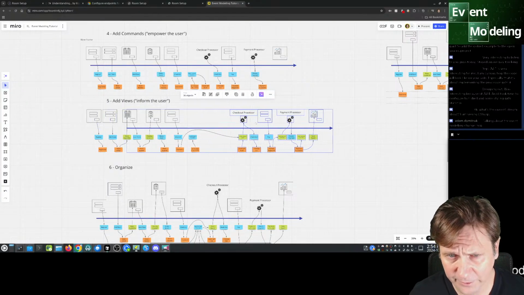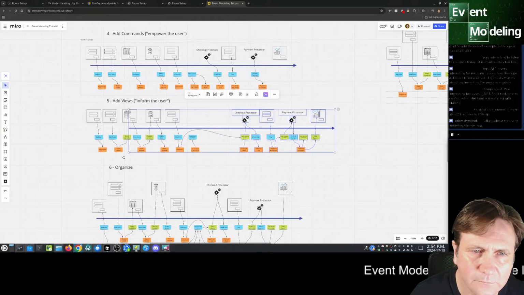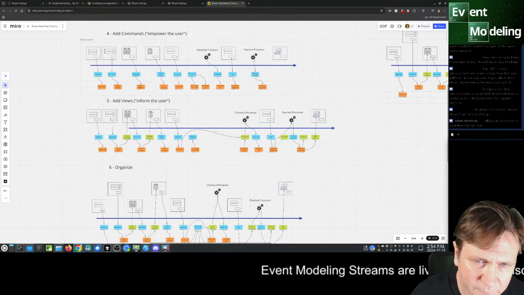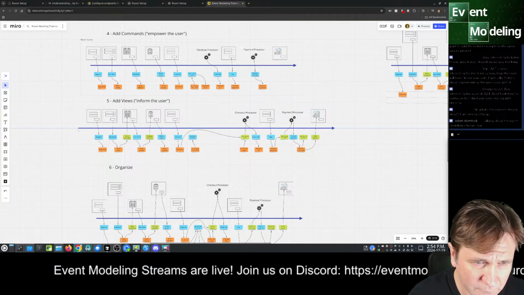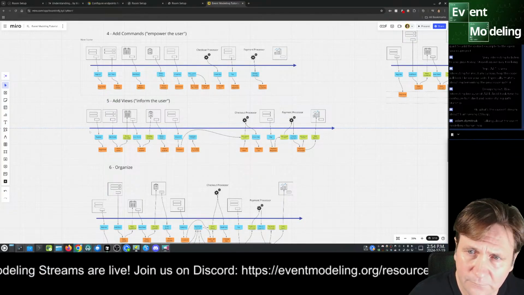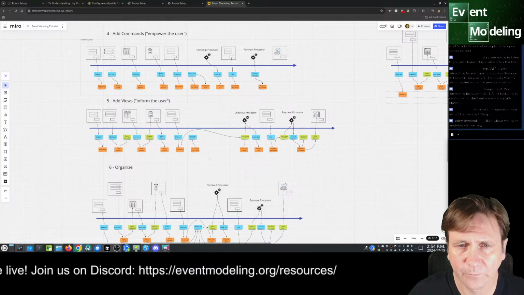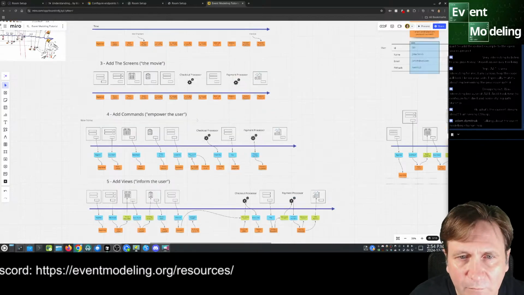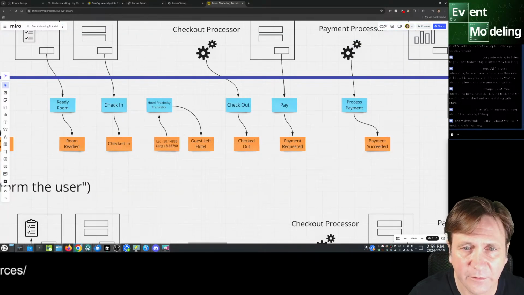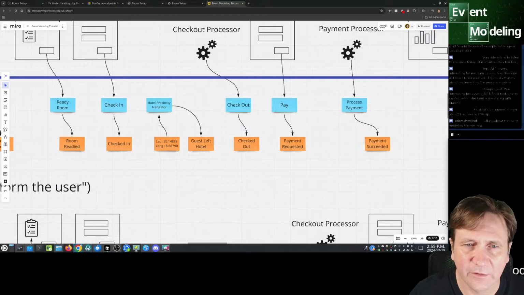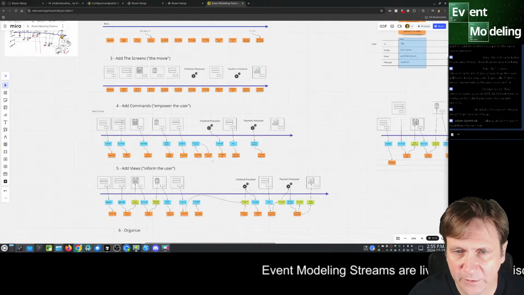Including the arrow. The timeline here. Actually, we have this thing here as well. That has to be stretched out and redone.